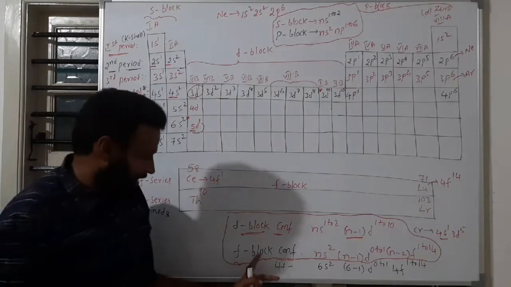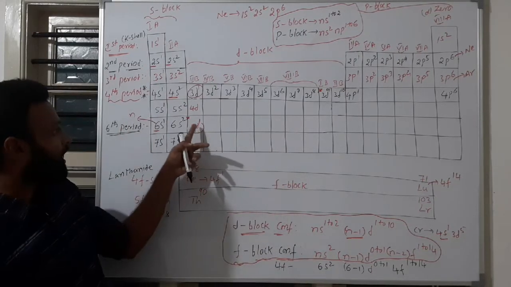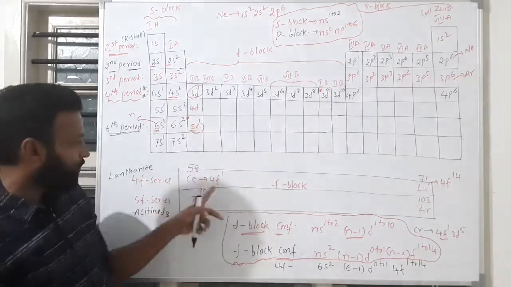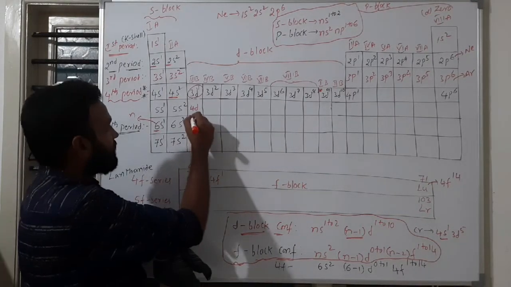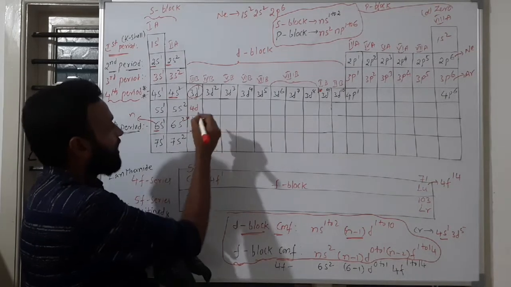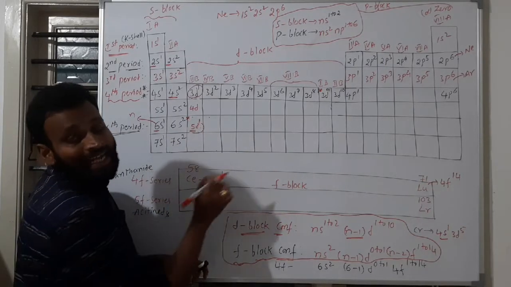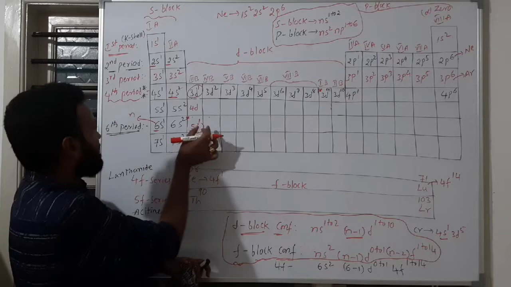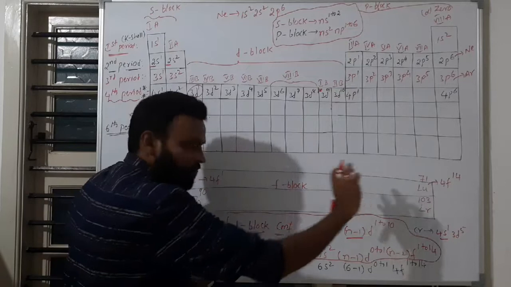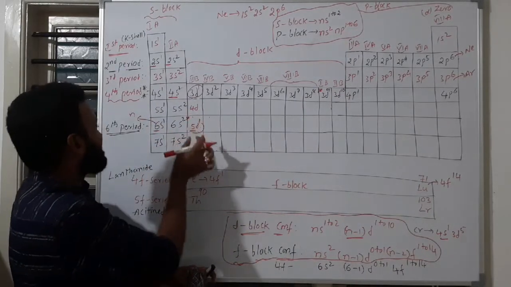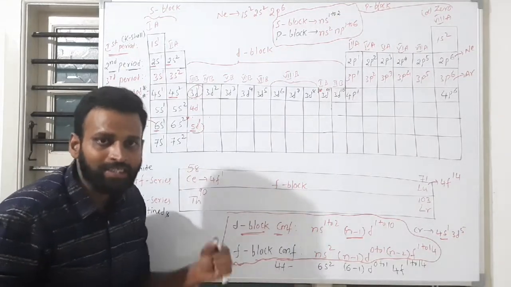Understand? So the 4f series configuration means, instead of ns, because 4f is coming in the 6th period, na? The 4f series is coming in the 6th period. Actually this is 5d1, here you have lanthanum and here you have hafnium. In between these two you are getting 14 elements. So these 14 elements are coming in the 6th period, right? Understand? You wrote 4f in the f block, but exactly where these are means in the 6th period. So the 4f series starts in the 6th period.